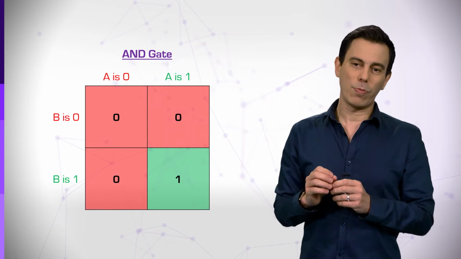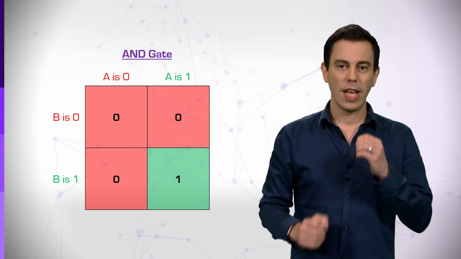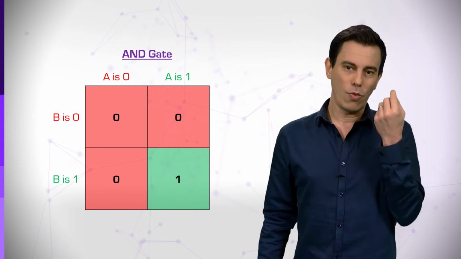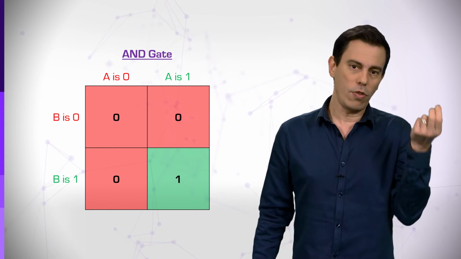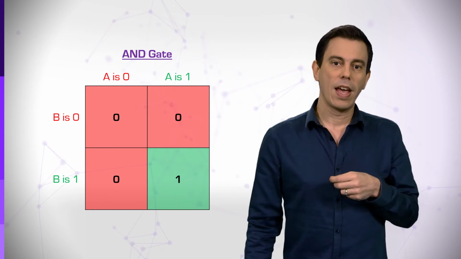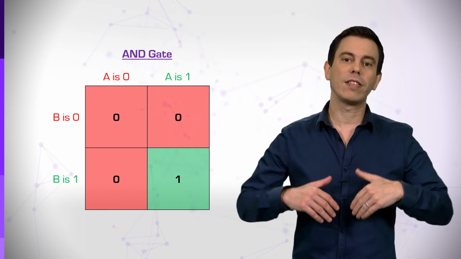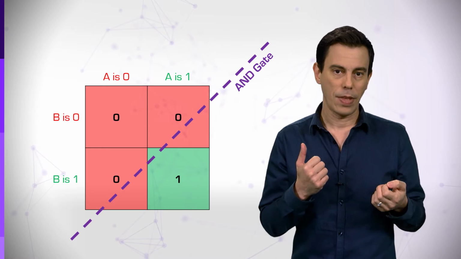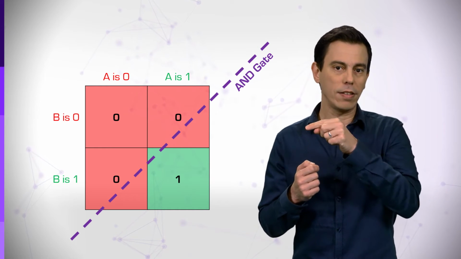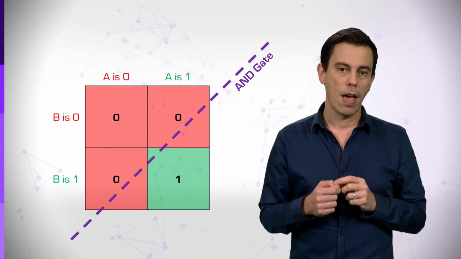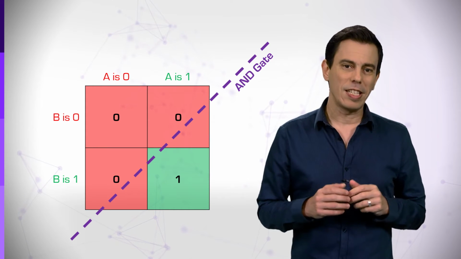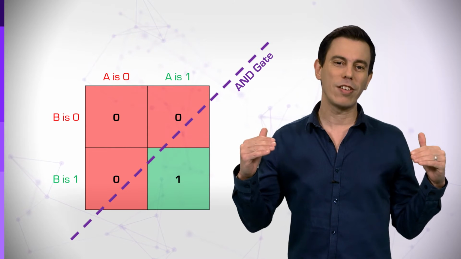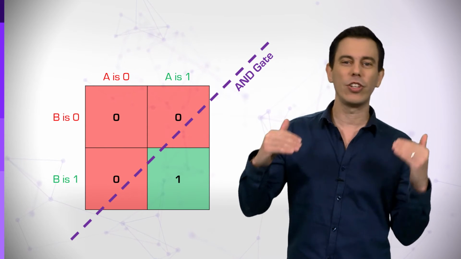This matrix represents the logic operation. Each dimension, rows or columns, represents one input, which can be 1 or 0, true or false. The values in the matrix represent the output. The logic gate AND will look like this. Only if both inputs are 1, the output is 1. What we can imagine is that a perceptron is like drawing a separation line between the region of true and the region of false.